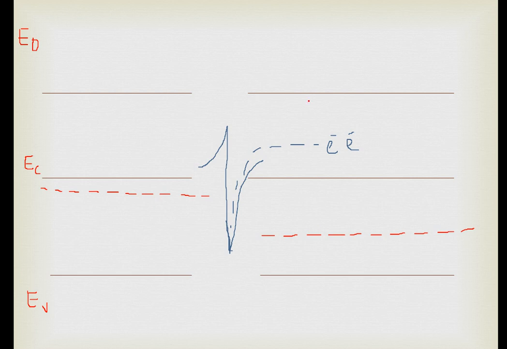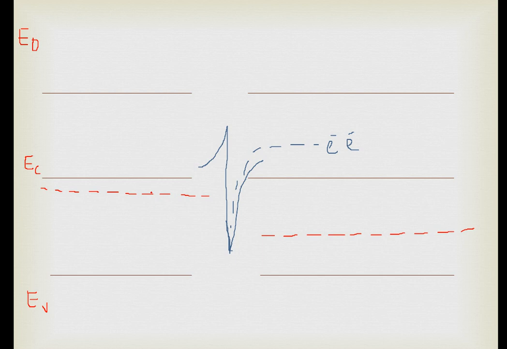So this is the undoped material and this is the doped material. For doped material, the Fermi level is near to the conduction band, and for the undoped material, the Fermi level is in between the conduction band and the valence band. So here the junction is formed under equilibrium condition. Under equilibrium condition, these two Fermi levels are at the same level.